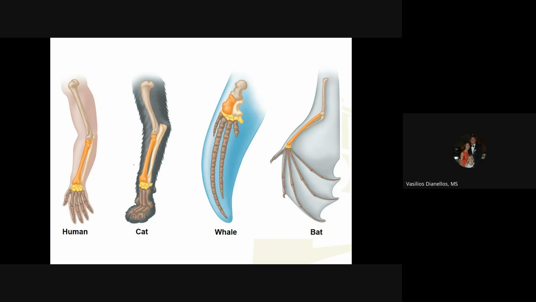And this is a picture from the old textbook, and it really is a good example. So you can see we have the same bones as these other mammals, even whales who just use theirs as flippers, bats who use theirs as wings, right? We use ours, again, our 4 limbs to move and maneuver things. And cats use them to, well, they also do that too, but also mostly for locomotion, right? They walk on their 4 limbs. So just another great example of homology. And again, if you remember anything, that's what you need to memorize, is that we're talking about homologies right now. Similarities due to having a common ancestor are homologies.